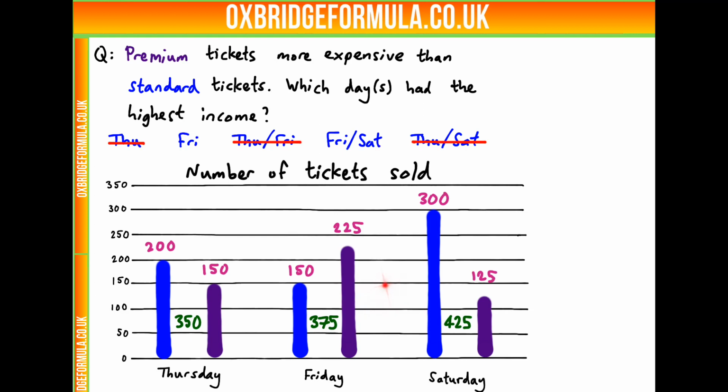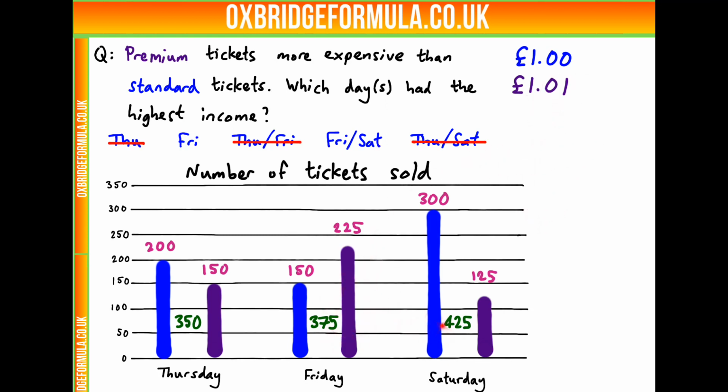Now, a way to test whether Saturday could have had a higher income would be to just think of an example of a price of a ticket which would disprove it just being Friday. So is it possible to make Saturday have a higher income than Friday by following all the rules that were given? Well, if we think of an extreme example where the tickets have a very similar price, so if standard tickets cost £1 and premium tickets cost £1.1, however this is very unlikely, it's not impossible, then what would the